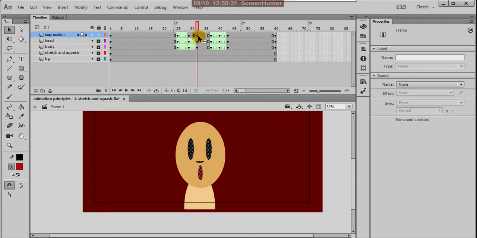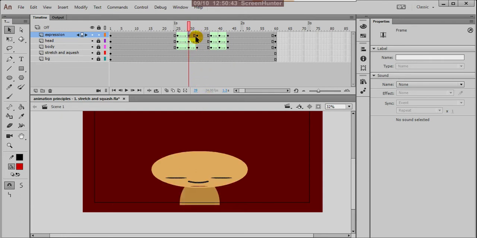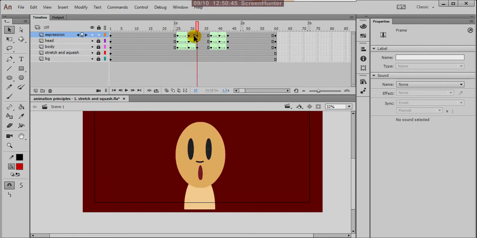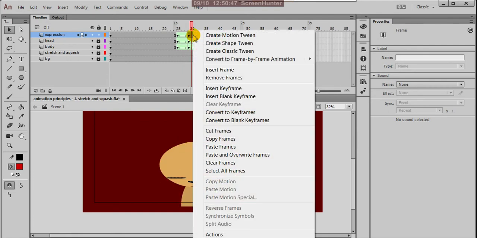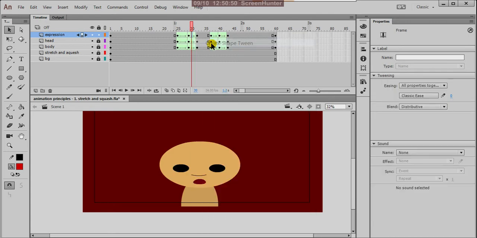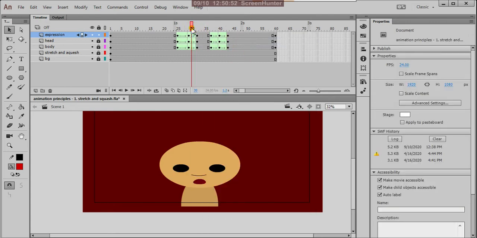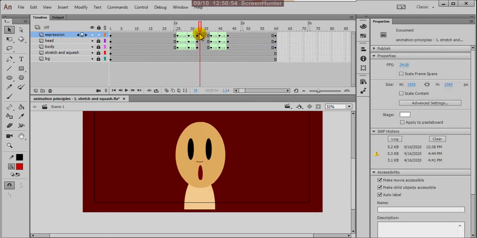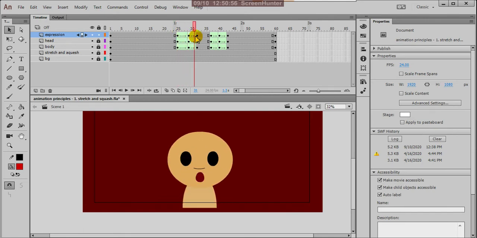So when you stretch your head, automatically your eyes, nose and mouth stretch. Generally you can find this in Tom and Jerry kind of animations. Okay, so this is one pose and this is the stretched pose. Between these two key poses I am applying create shape tween. Okay, so nicely, smoothly it is applying.